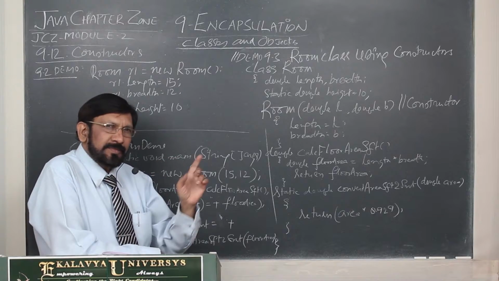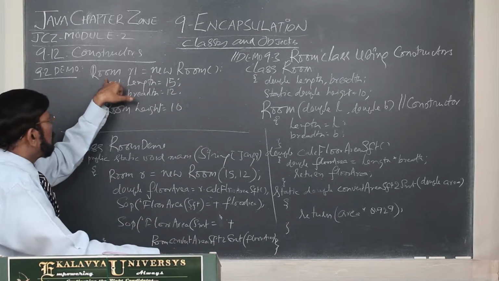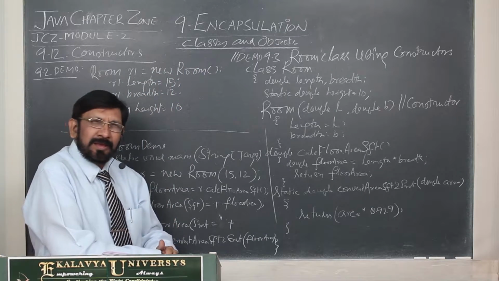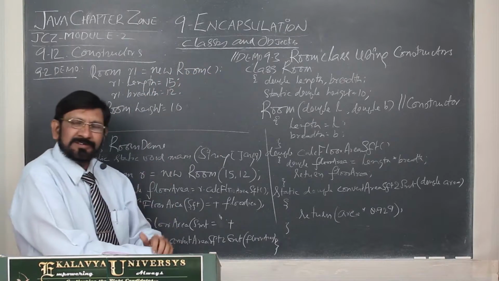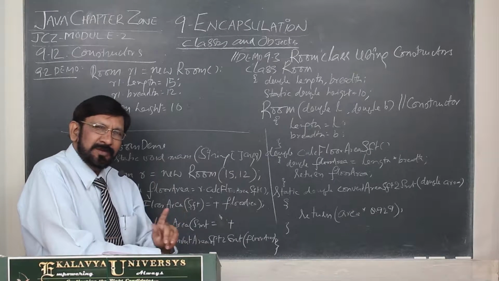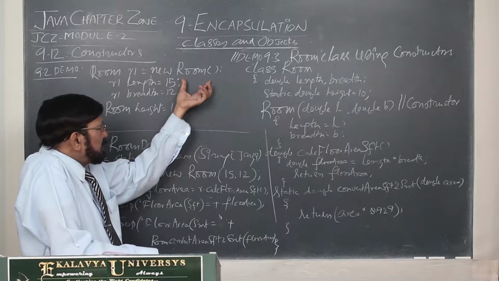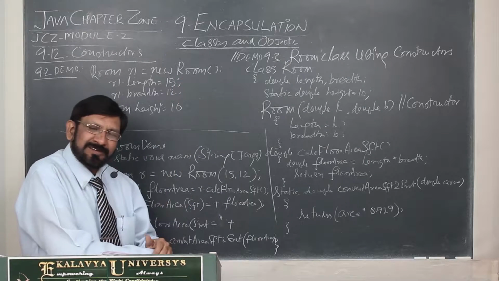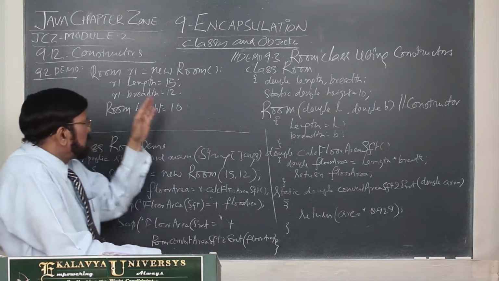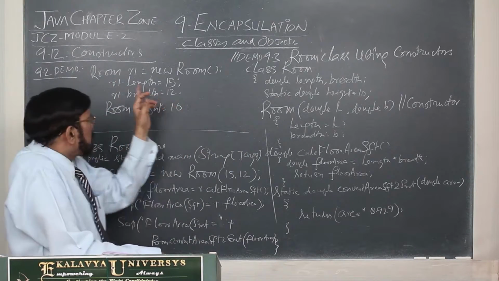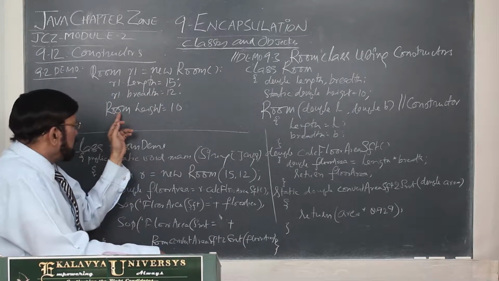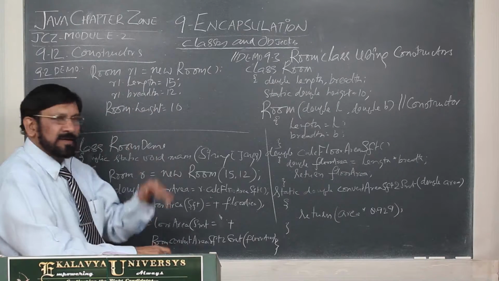What we did in the 9.2 demo is see room, room 1, new, calling the constructor. Even if I call it a constructor, it is not convincing. I 100% believe that you cannot understand the real smartness of a constructor just because I am calling it one. Now, here is one laborious code. Now, r1 dot length 15, r1 dot breadth 12, again the static variable, room dot height, all this.